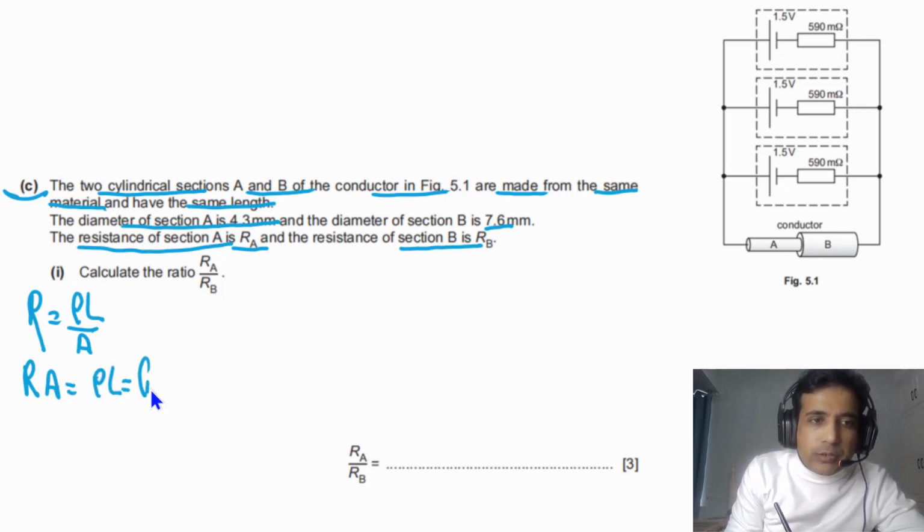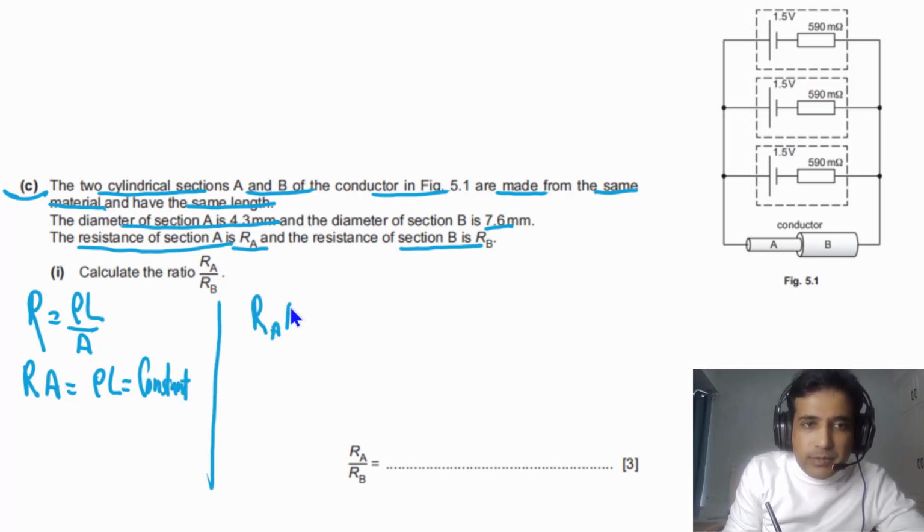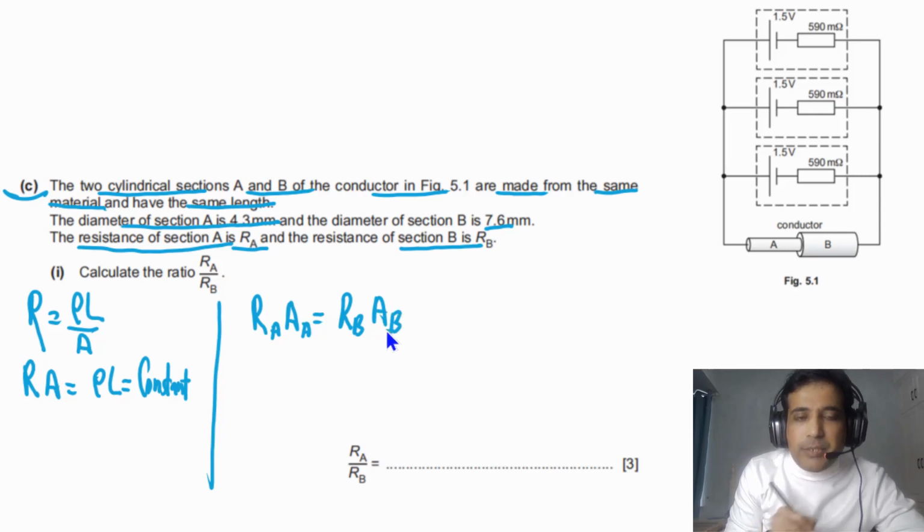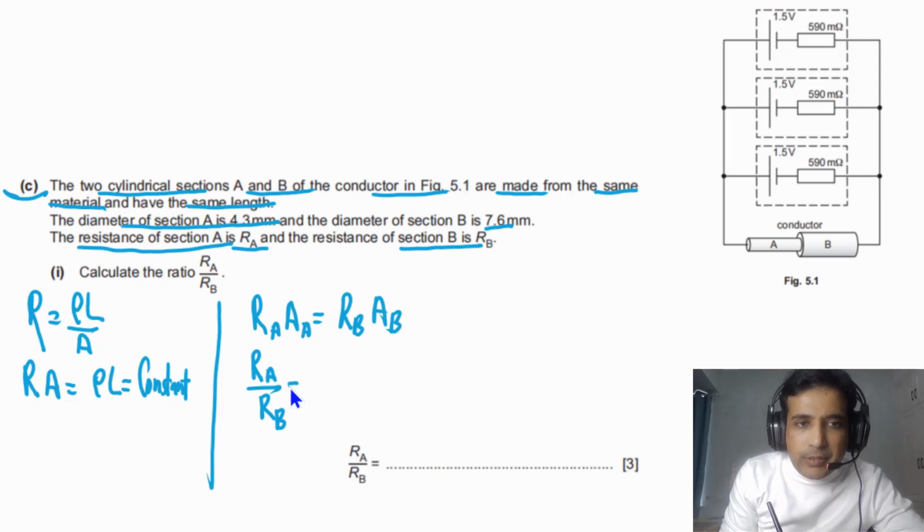So simply we can say this is equal to constant, and this means that RA times AA will be equal to RB times AB. Now from here we can further simplify. We need to find RA by RB. So we can say in this case RA divided by RB will be equal to AB divided by